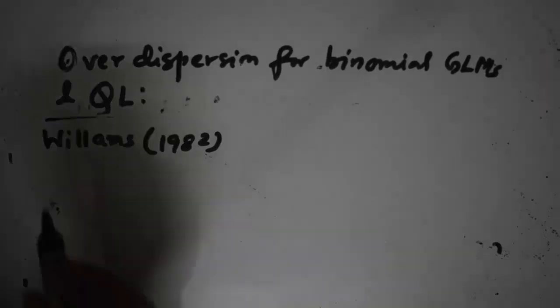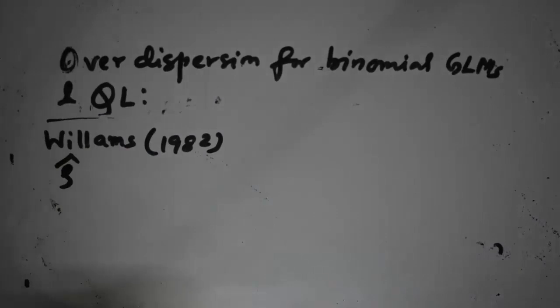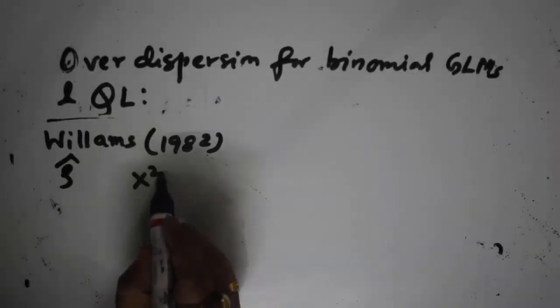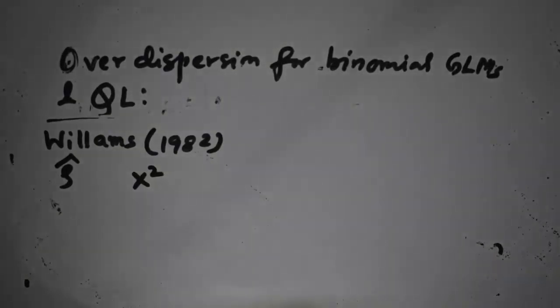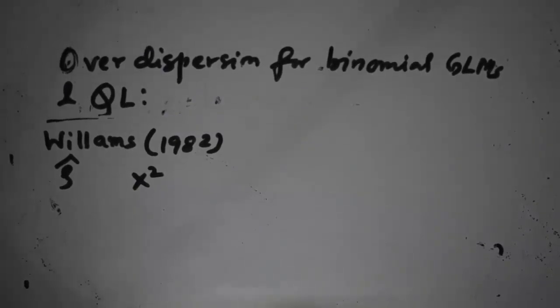He let rho hat be such that the resulting Pearson chi-square, that sums the squared Pearson residuals,